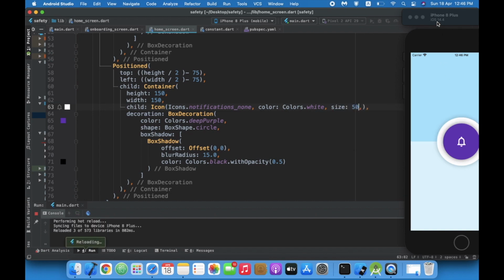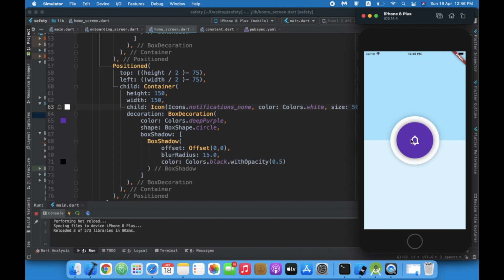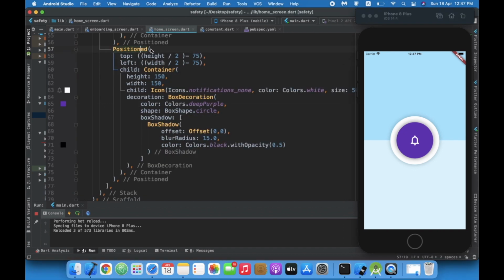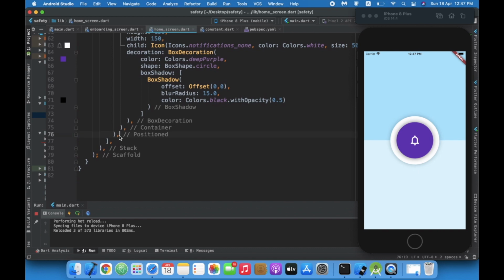Control S. Yes, control S. Done. Okay, now let us give the title of the app over here and a bit of some padding and some decoration to the title of the application. Okay, and this position is done.